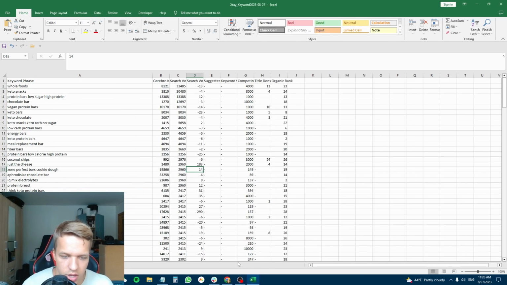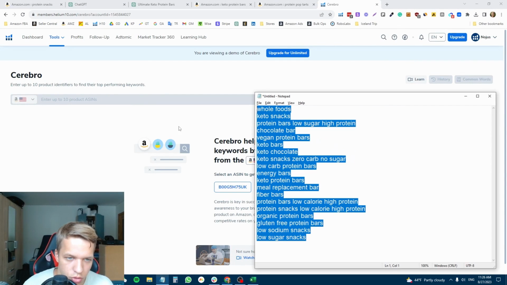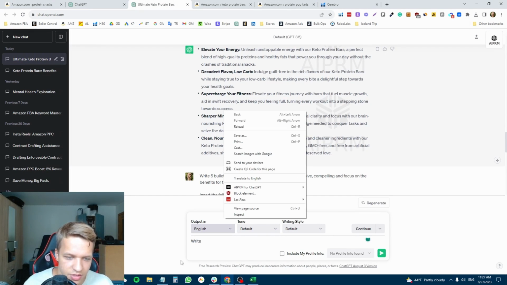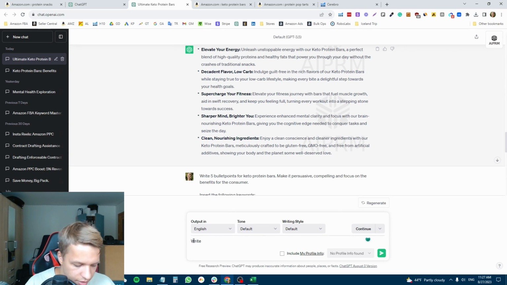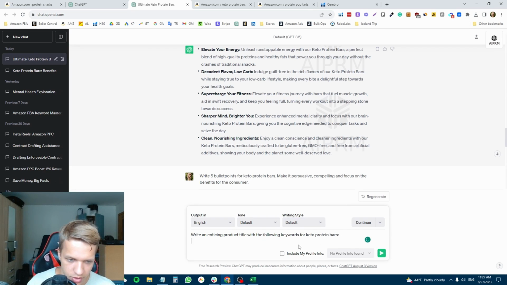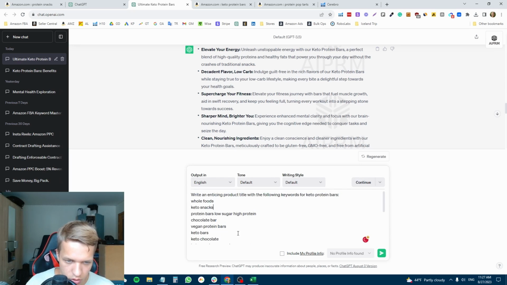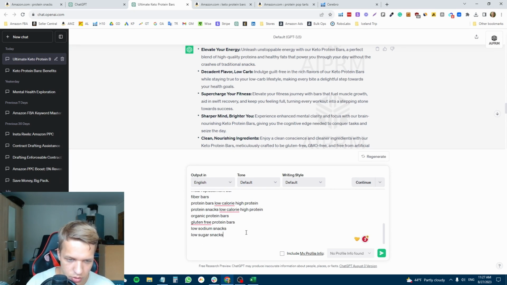Now let's see what we can do with ChatGPT. We got this list of keywords, so let's copy it and ask another prompt. Let's say, write an enticing product title with the following keywords for keto protein bars, and then just paste all of your keywords right there below this prompt. Now let's say, keep it up